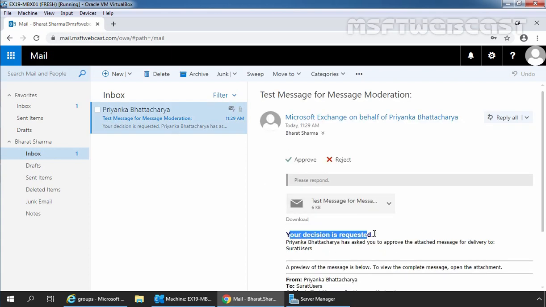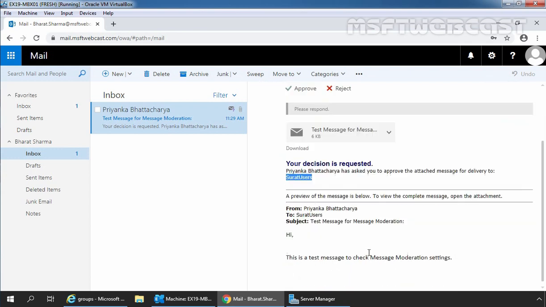Your decision is requested. Priyanka Bhattacharya has asked you to approve the attached message for the delivery to Surat users. Below we can see a preview of the mail, with the subject and the content of that email message.